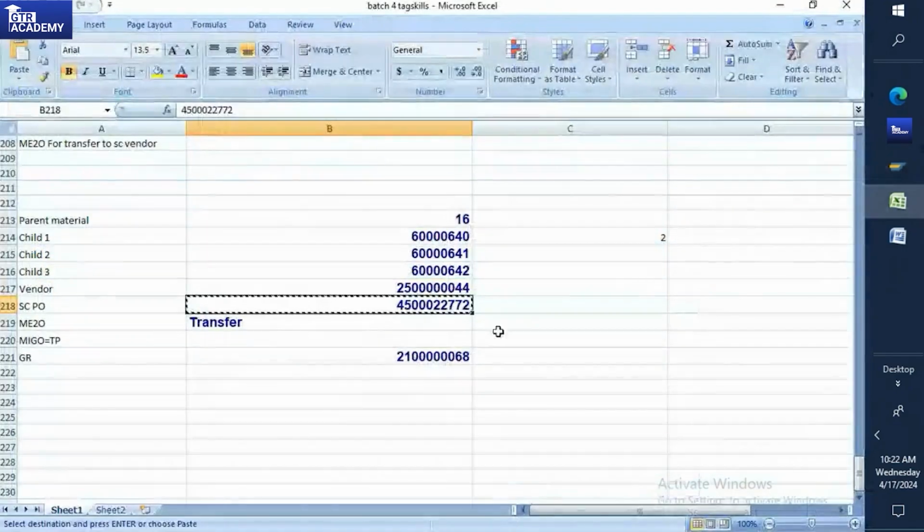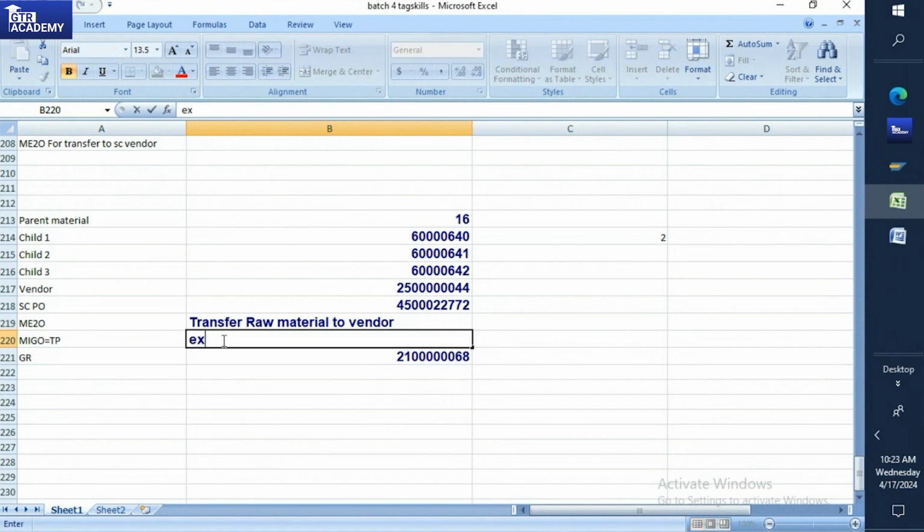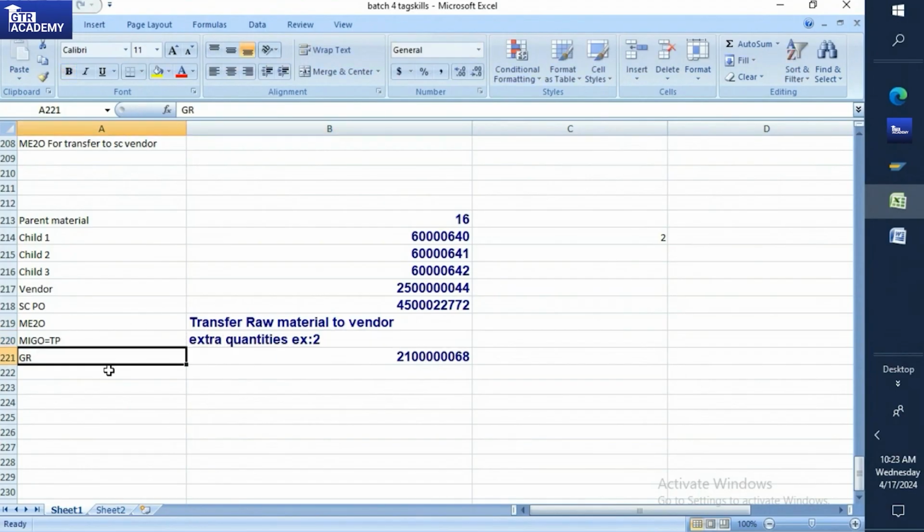Okay, so what you have to perform is, we have done the transfer of raw material to vendor, then we have done the transfer posting, where you already know the extra quantities, you have to mention them here. For example, 2 quantities we are sending extra, so you have to perform it under the MIGO transfer posting. Then you have to do the GR. Then under the MIGO transaction only, you have to perform the